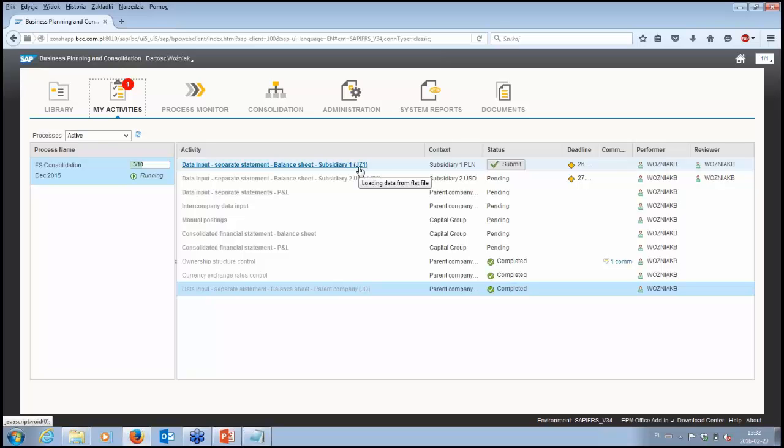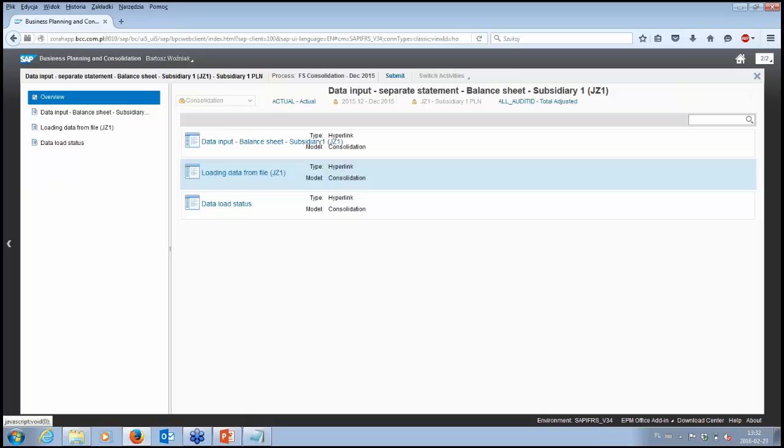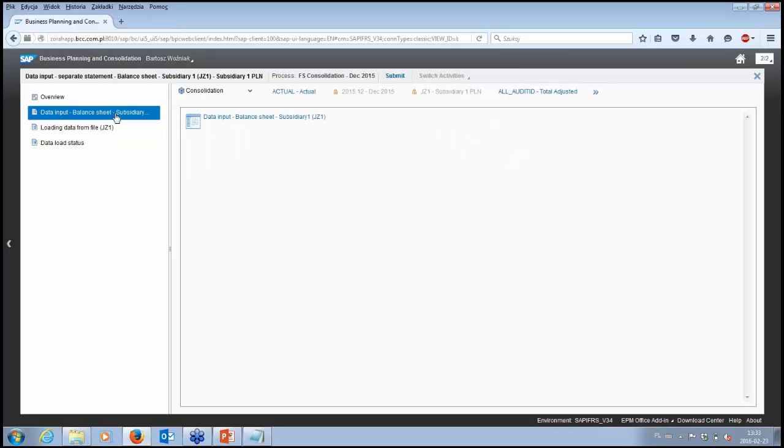In this scenario, please note that we will have two different forms for this activity. There will be a separate form for the performer and a separate form for the reviewer, because we assume this is such a possibility in the system. In our demo we assume that the reviewer has less time and is not willing to go into great detail, so that's why we prepared a form which has less data and requires less time to review.